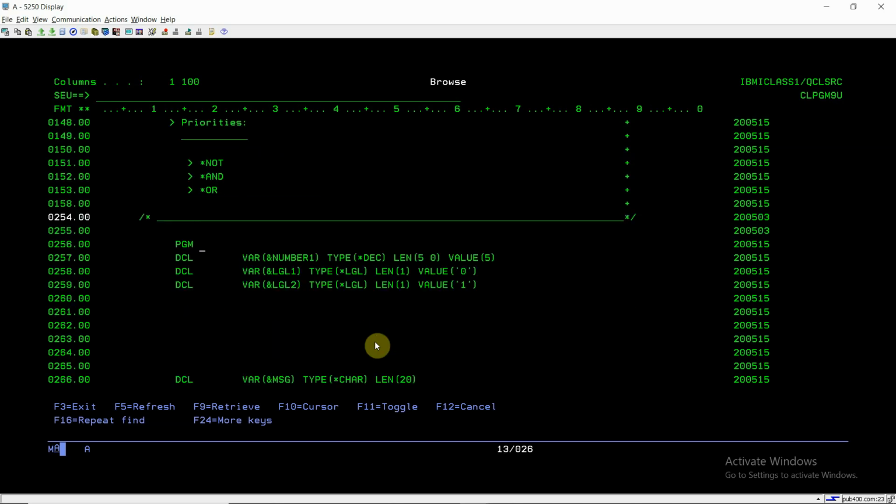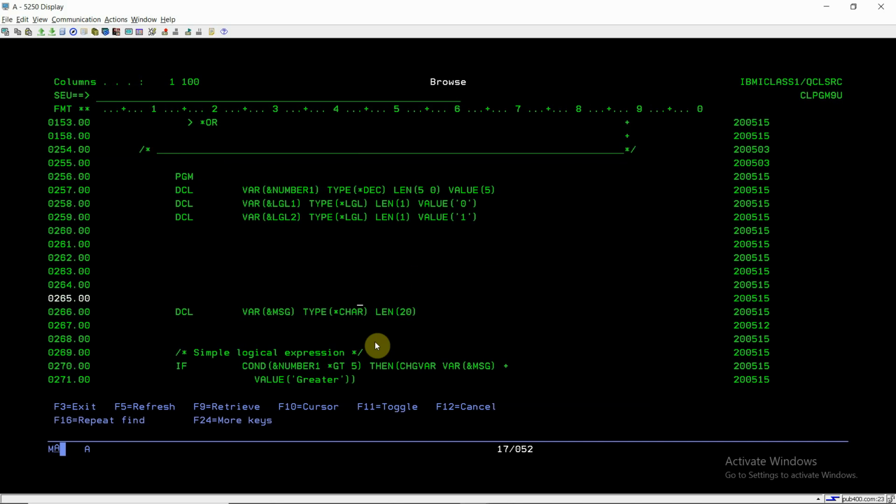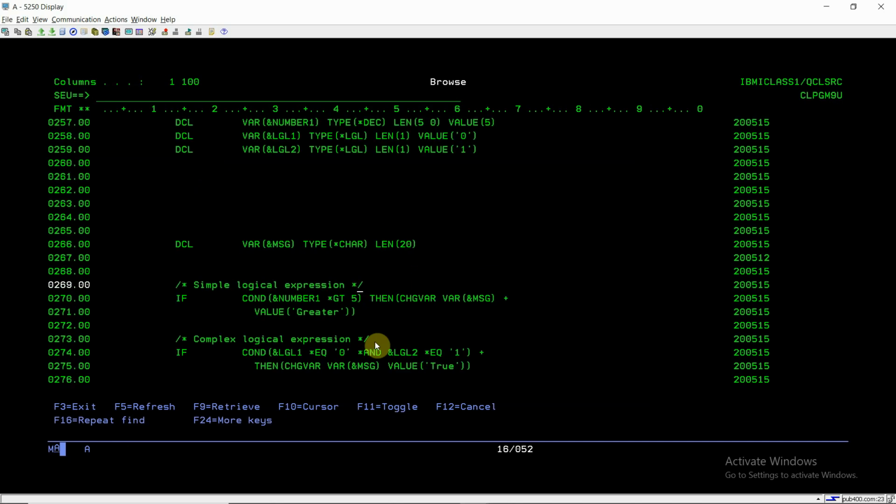So this is a very simple program. Here I took NUMBER1, a decimal whose value is 5, two logical variables, LGL1 and LGL2, having values 0 and 1, and a message variable. Now this is a simple logical expression where I am checking if NUMBER1 is greater than 5.